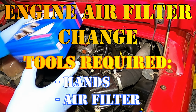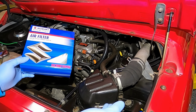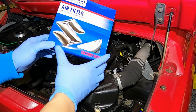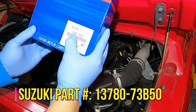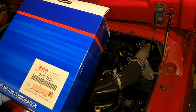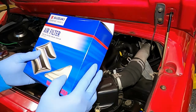All right, so here I'm going to show you how to replace the air filter in the stock air filter housing, the stock intake. I'm using a genuine Suzuki air filter. I was able to buy these. The part number is 1378073B50. I was able to buy these on Megazip because they were having a 20% off Black Friday sale, so